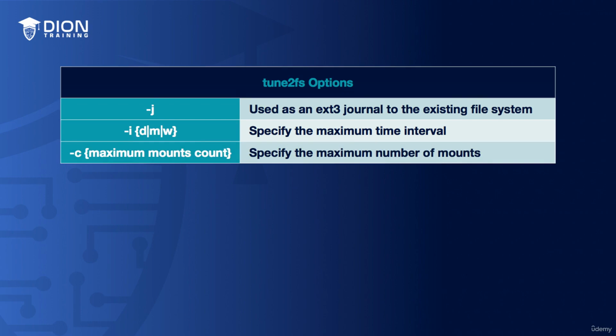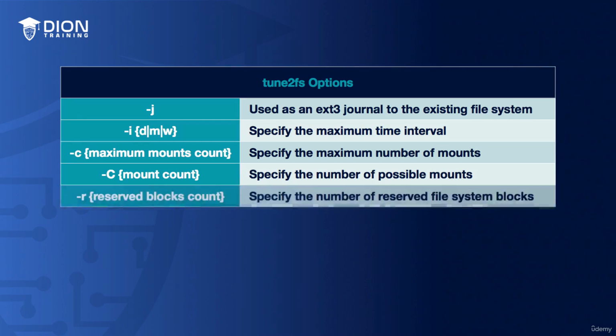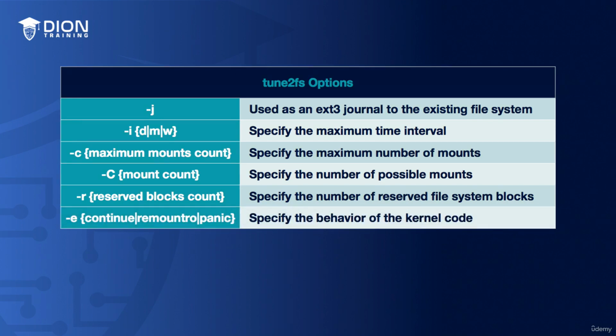between file system checks. If you use the option -C and the mount count, it's going to be used to specify the number of times the file system can be mounted. If you use the option -R, reserve block counts, it's going to be used to specify the number of reserved file system blocks. If you use the option -E and the word continue, remount-ro, or panic, you're going to